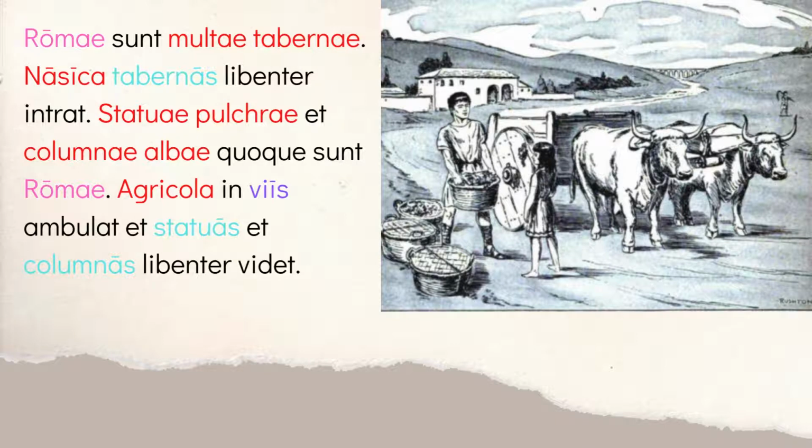So what's going on here? Well, Romae has an AE ending. It's not going to be nominative plural because there's not more than one Rome. Genitive doesn't make sense. Of Rome just really doesn't make sense. The rest of the sentence says there are multae tabernae, many shops. Okay? So what's Romae doing here? I'm trying to say where these many shops are, right? I'm kind of talking about the location, and I'm referring to the city, right?